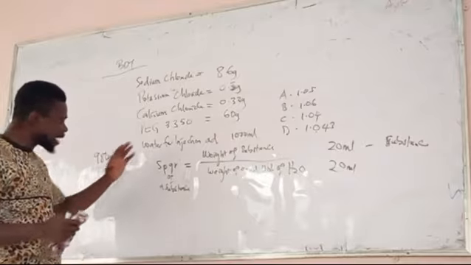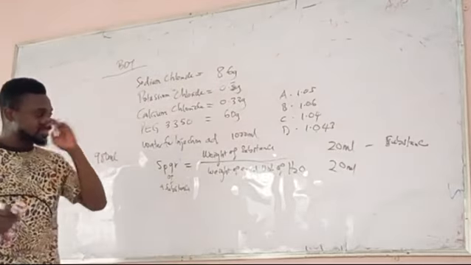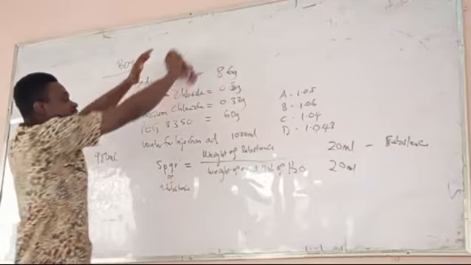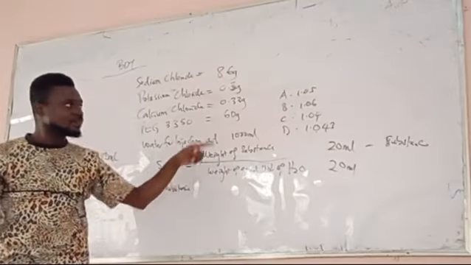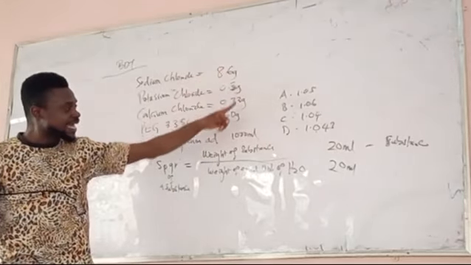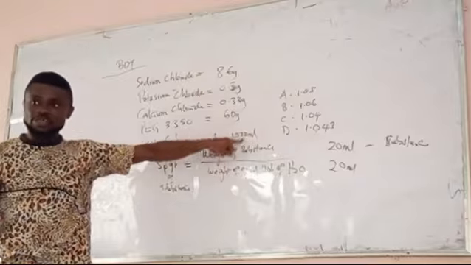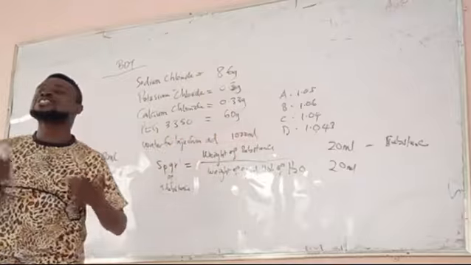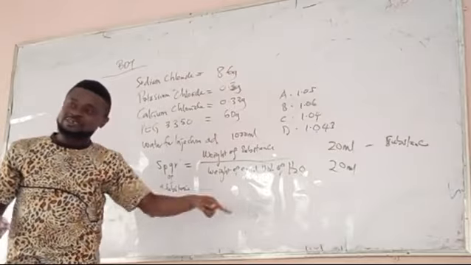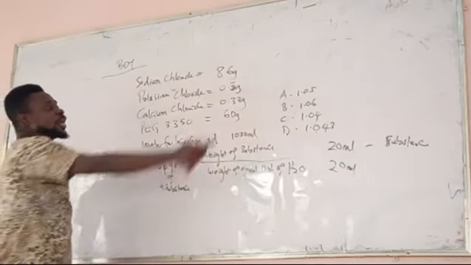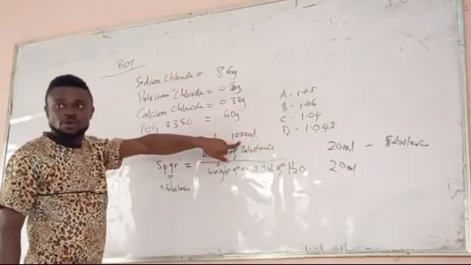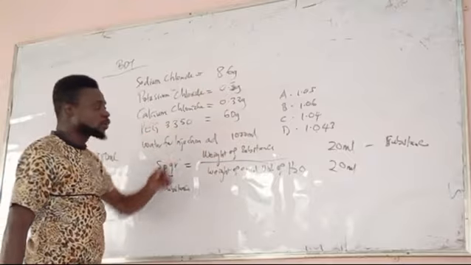Now let us go back to the question. From the question now, this is the entire substance. What is it if you want to check the weight of that substance? Everything here is in ml because it's liquid. How do we now check the weight of that substance we are preparing? This is how to do it. We know that everything is what? In 1,000 ml. But we want to check